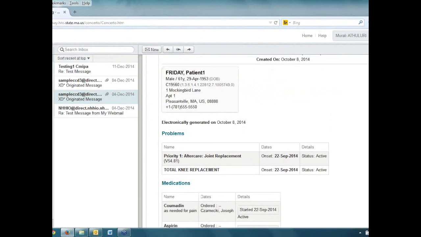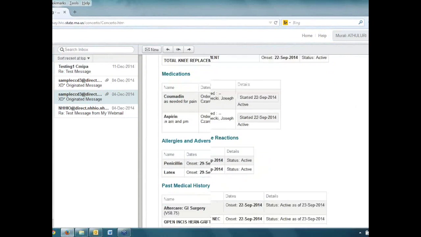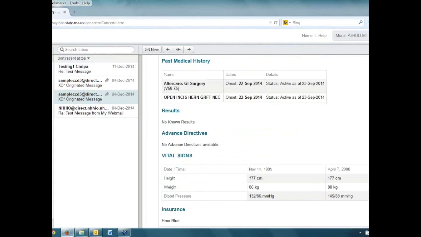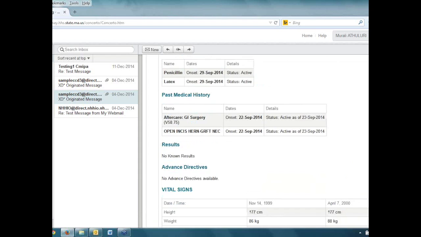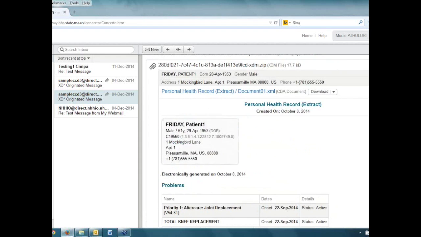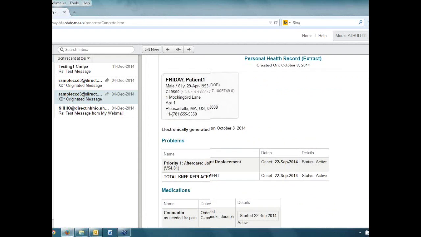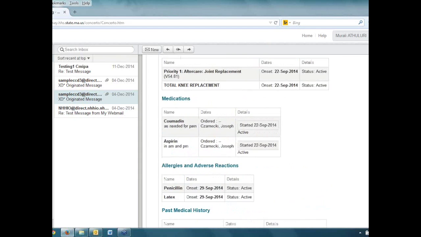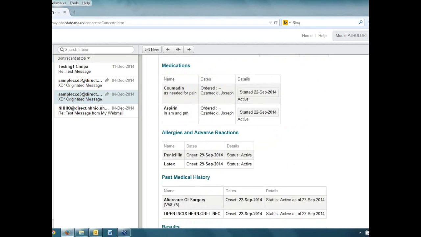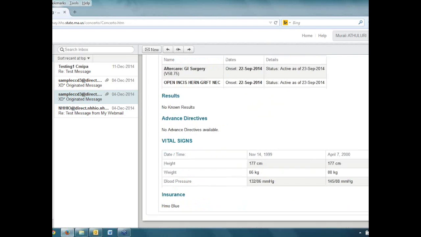And this is how a human readable CCD would look. As you can see, in these sections we're not doing any specific action. All it is doing is rendering whatever information has been sent over by the other mailbox or other system using the ccd.xml. And it shows all of the sections in a nice reading format